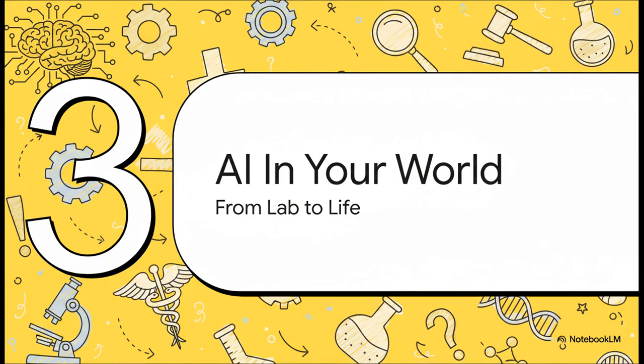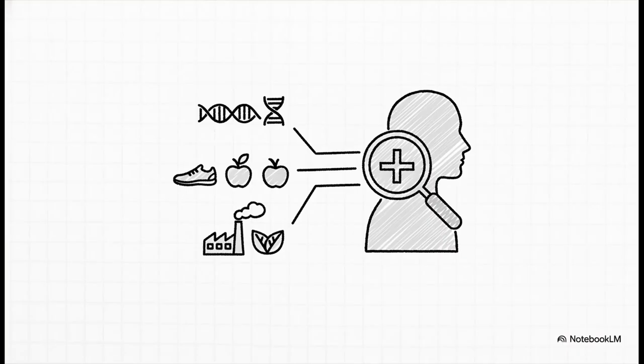So, we've got the building blocks, AI, machine learning, and this powerful new NLP. Now let's look at how they all come together to create these incredible tools that are, believe it or not, already a part of our daily lives. Let's start with healthcare. AI can now look at everything, your genetics, your lifestyle, even environmental factors where you live, and spot the early warning signs of a disease long before they'd ever become obvious. This is leading to a much more personalized, a much more preventive kind of medicine.